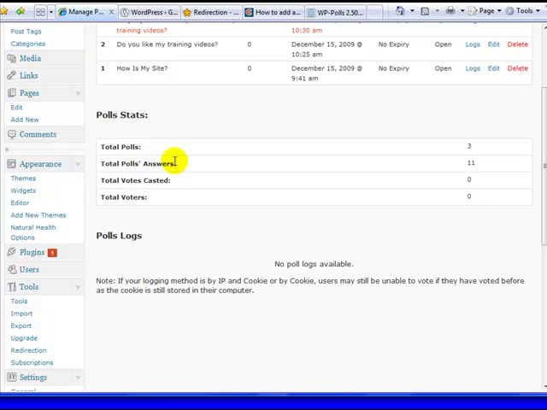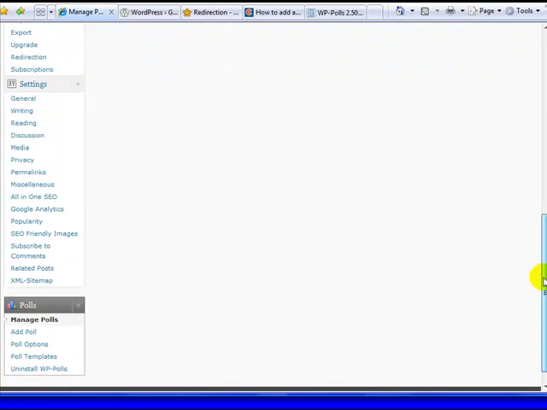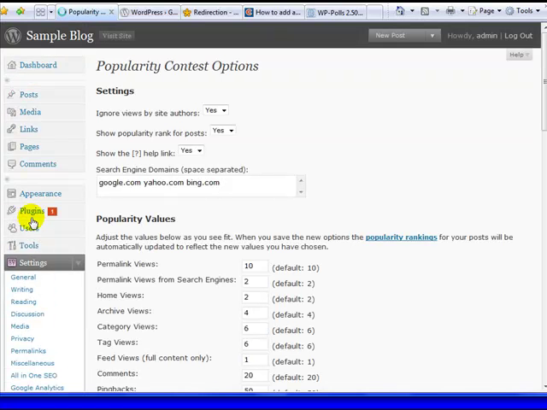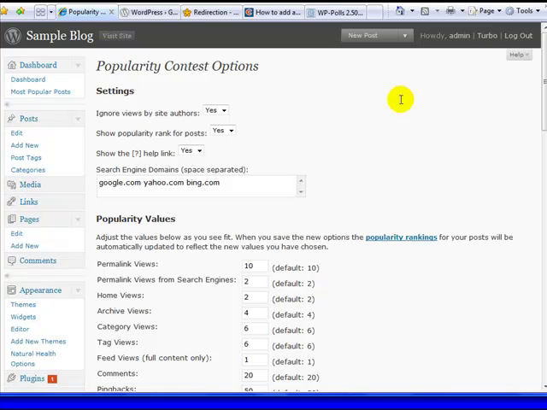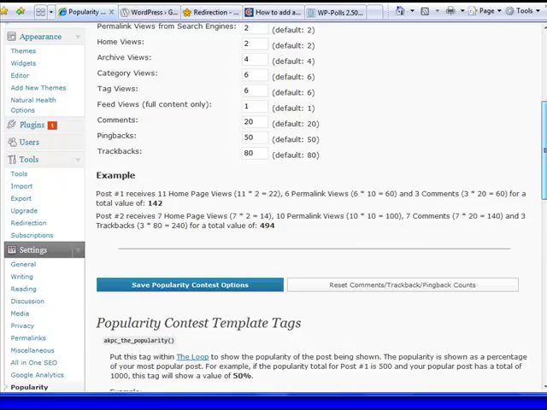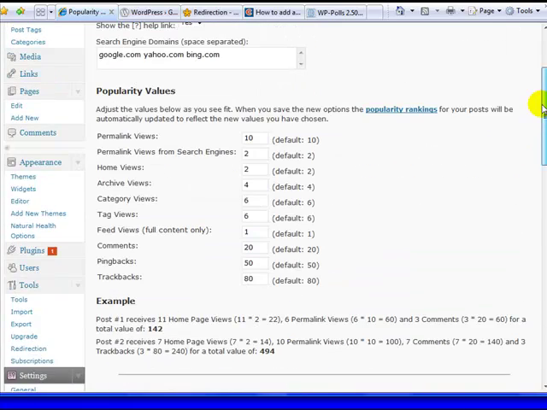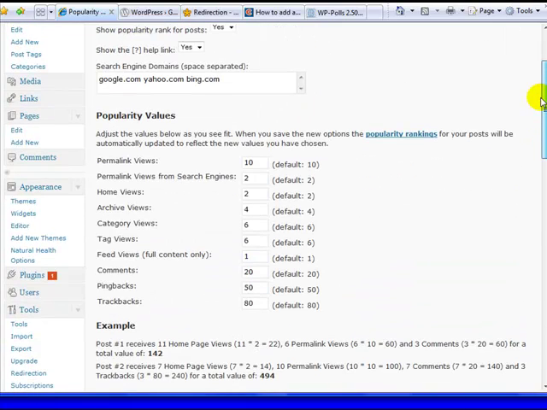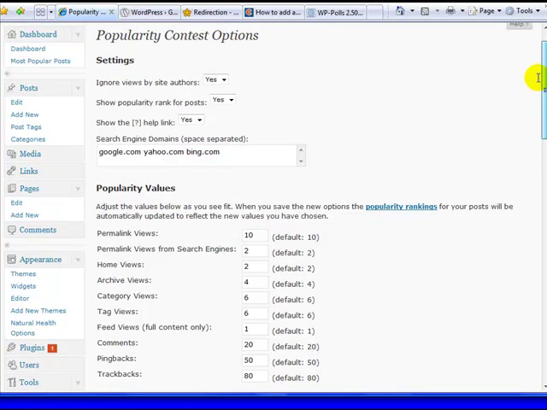So let's take a look at this. Once this plugin is installed, you'll see over here under settings, it's called popularity. And right here, you just have some basic things that you can do to display: how many people do you want to be displayed at the top of whatever posts, and do you want to exclude yourself from there, which I would recommend that you do. You don't want to be number one of the poll. That will kind of take away some of the fun